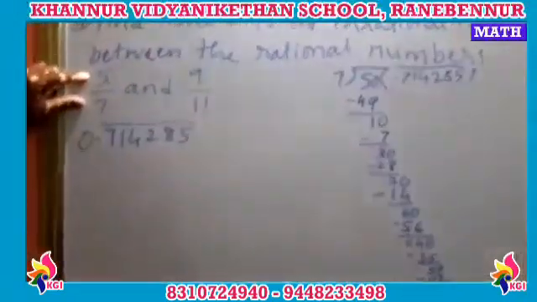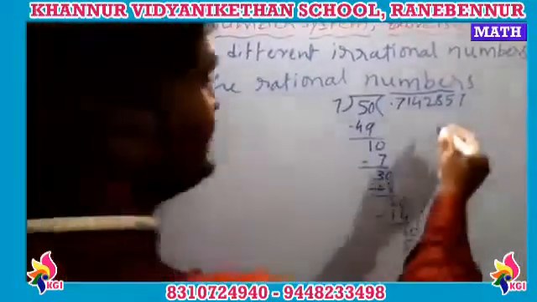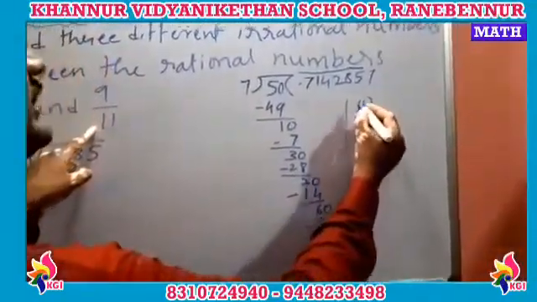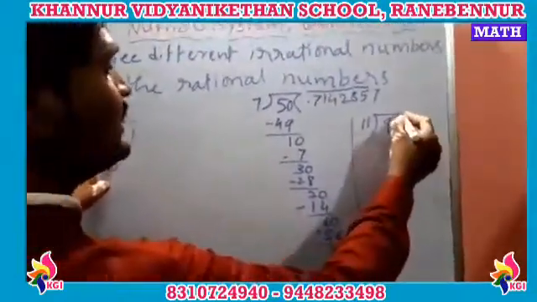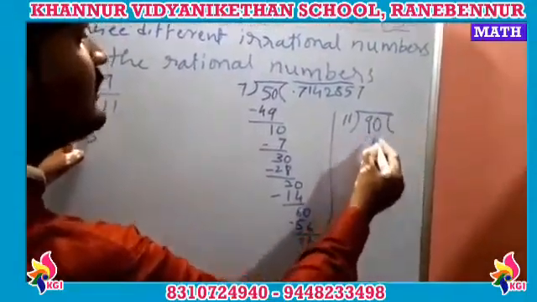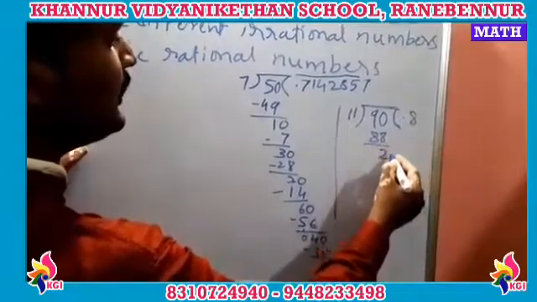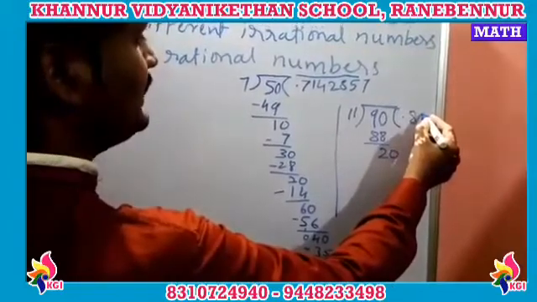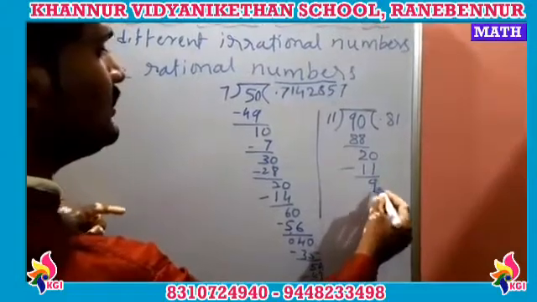Now we found the decimal expansion of this rational number. We go for one more. What is there in the denominator? 11. What is in the numerator? That becomes the dividend. It is very easy because 9 is here. I put a point, take a 0. 11 8s are 88. Remains 2. I already put a point, take a 0. 11 1s are 11. Remains 9.